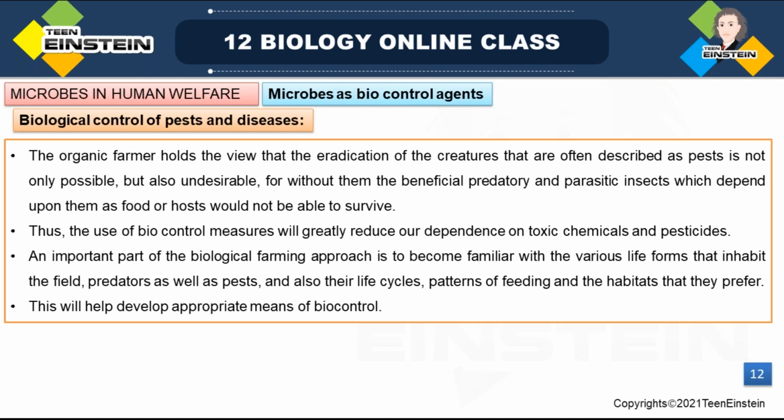And we should have a clear idea about their life cycle, their feeding pattern, their habitats, and how they live. If we have a complete idea about one organism, when it reproduces, and after reproducing how it grows and multiplies, we can take the control measures, right? That time we can take biocontrol measures,